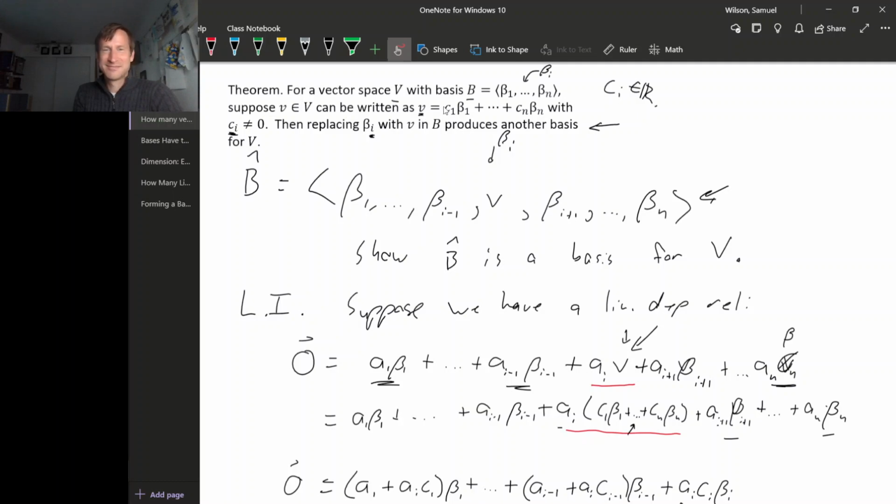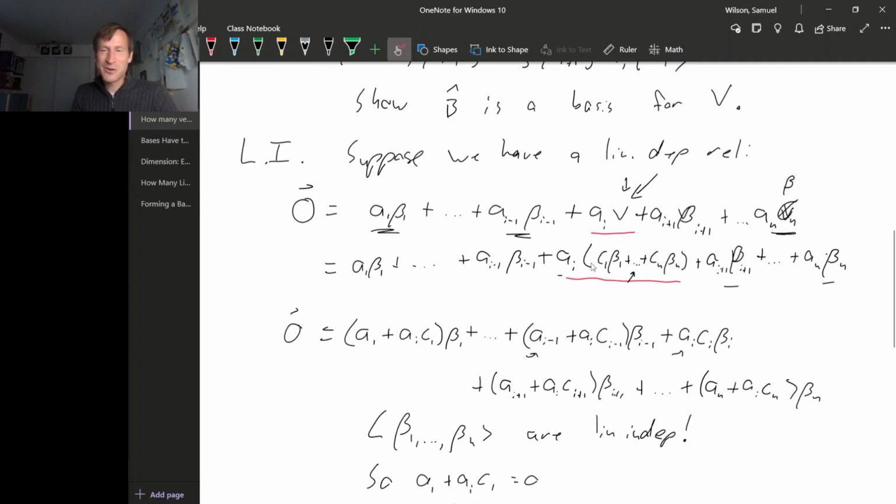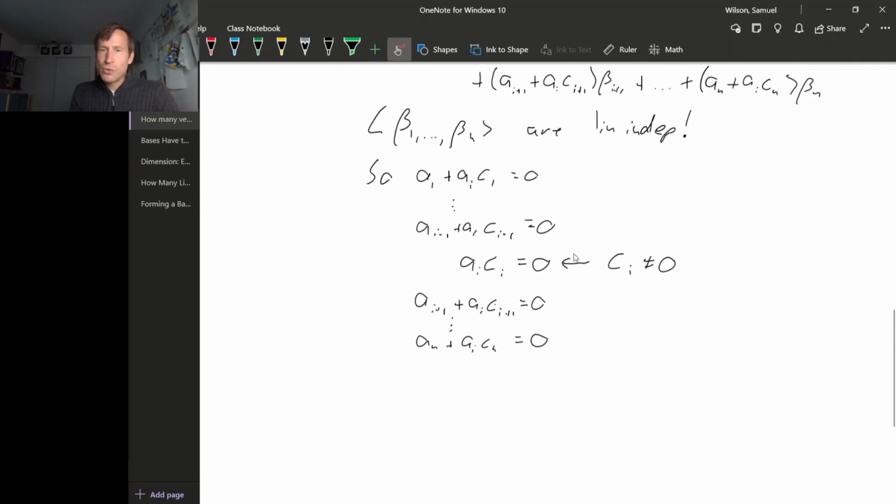Which then we couldn't replace. And so we have to have one of these coefficients that's non-zero. So for this equation, we know c sub i is non-zero. So we have a product equal to 0, but c sub i isn't equal to 0. That means that a sub i has to be equal to 0. Well, now that we know that a sub i is equal to 0, look at all of the